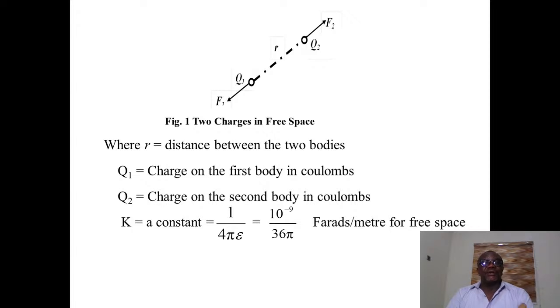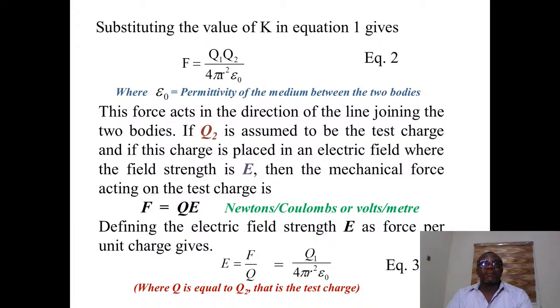So if R is the distance between the two bodies, and Q1 is the charge on the first body in coulombs, and Q2 is the charge on the second body in coulombs, and K is a constant which is equal to 1 over 4 pi epsilon, giving us 10 raised to power minus 9 over 36 pi in farads per meter for free space. So if we substitute the value of K in equation 1, it will give us equation 2,